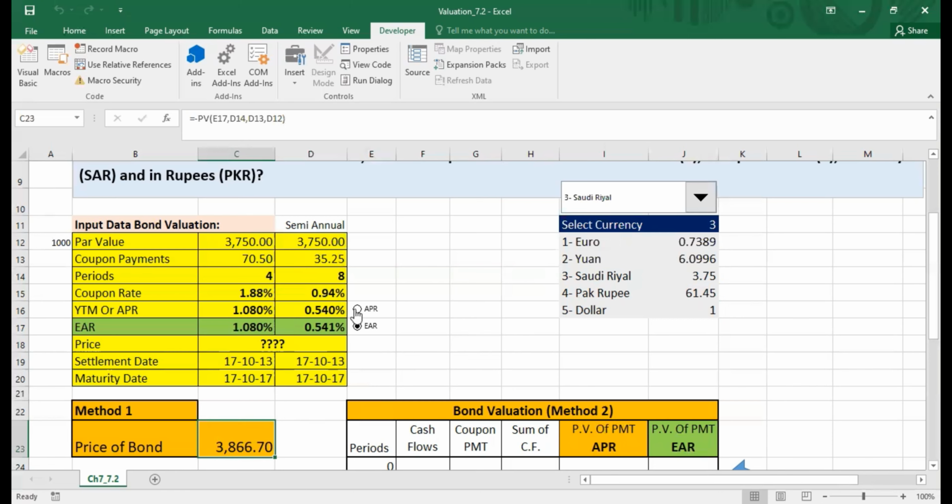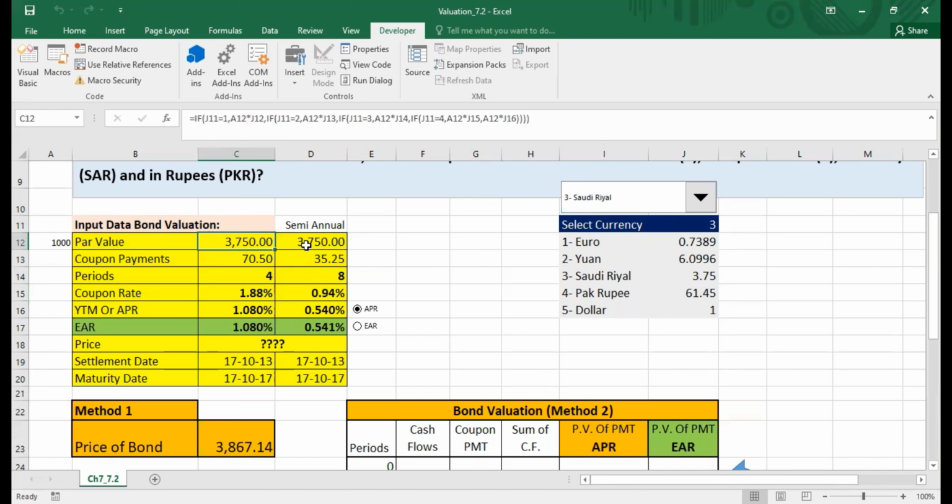We can also change the APR. You can see APR and EAR. The price of the bond is also changing according to the rate which we want. So this is a very easy way to attach the combo box with the formula.